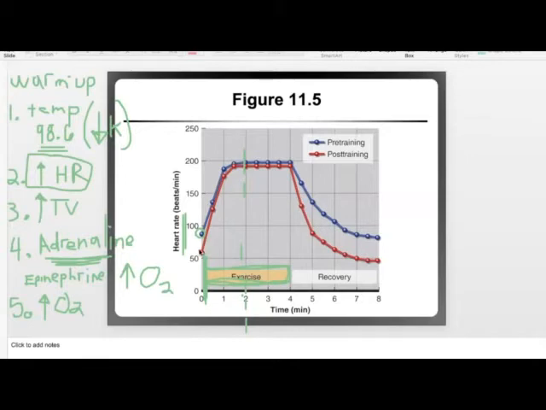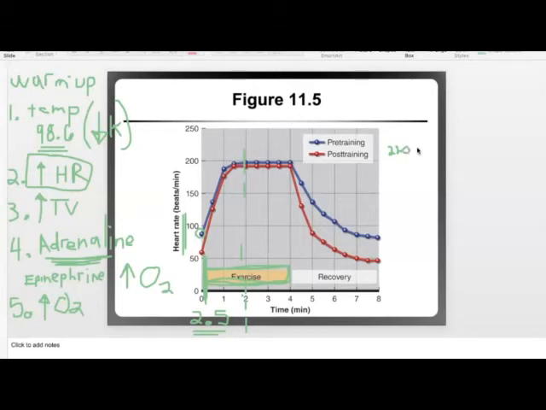Like I'm standing on the treadmill doing nothing. And then right here at time 0, I turn on the treadmill to 2.5 miles per hour. Not a lot, not very much. It's just a slow walk. Well, my body is going to need more oxygen, so my heart is going to increase its number of beats per minute. Maybe it's going to go from, now this seems to be 200, right? 200 beats per minute. Remember, if my heart rate goes from 220